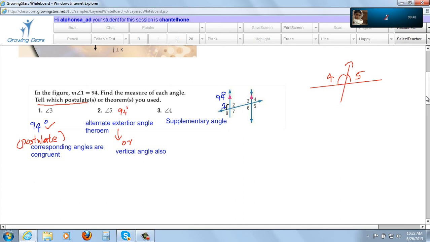Supplementary angles. Yeah, correct. 180 minus 94 equals